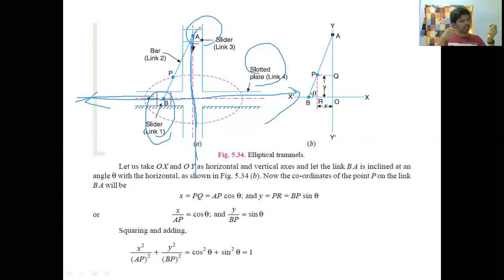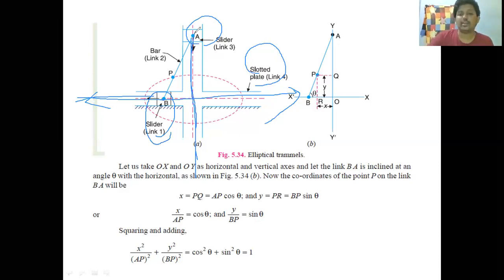Right now, if it is moving in the opposite direction, it will move like this, or if it is moving in the opposite direction, it will move like this. I think you are getting it right. If it is attached like this and you move it in one direction, it will come like this. If it is moving in the other direction, it will come like this. That means if it is moving in this direction, it will come like this. So I think you understood the process there, right?